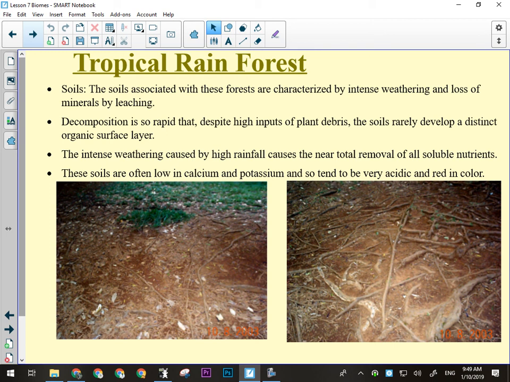All right, decomposition is very rapid. If a tree falls in a rainforest, it's going to decompose and be gone in a matter of, let's say, weeks to months. Tree falls in the forest here, how long does it take? Years, decades even sometimes for it to completely decompose because it gets